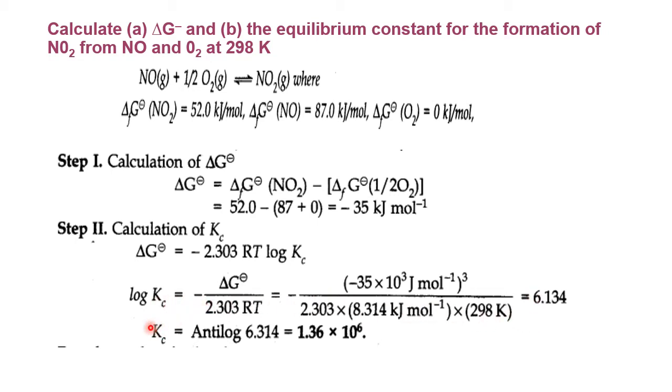What is Kc? When log goes from one side to the other side, it becomes anti-log. These are all log theorems. If you understood the log chapter, you will have an idea. So if log transfers from one end to the other end, it becomes anti-log. Therefore, Kc equals anti-log of 6.134. You have to see the anti-log from the log tables. Then put after 7, the digits after the decimal are all there. Then that becomes what in scientific notation? 1.36 into 10 to the power 6. This is the Kc value. Okay, right.